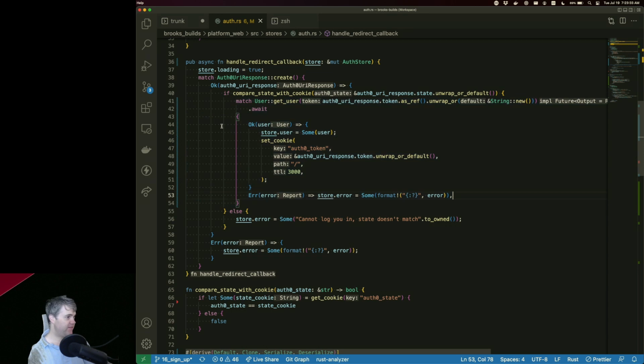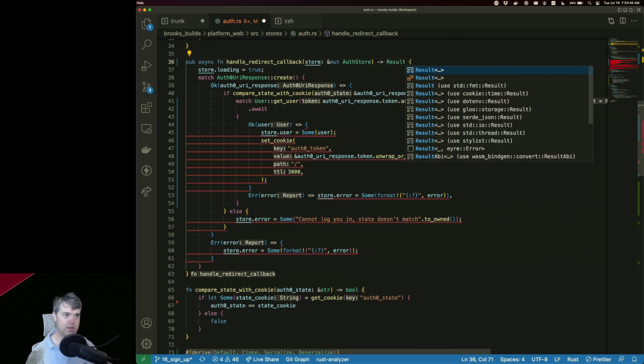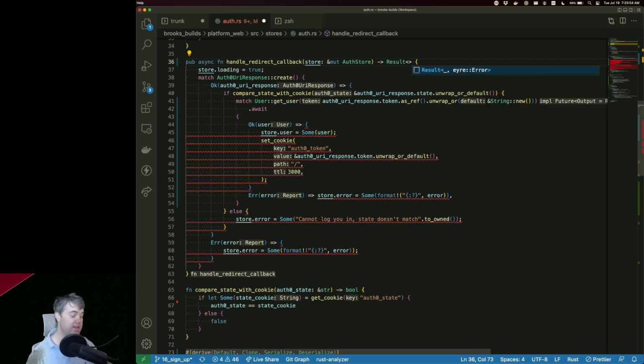we should navigate back to... We don't have a history. We're going to have to do that on the other side. So I want to return a result. Now this would be interesting.